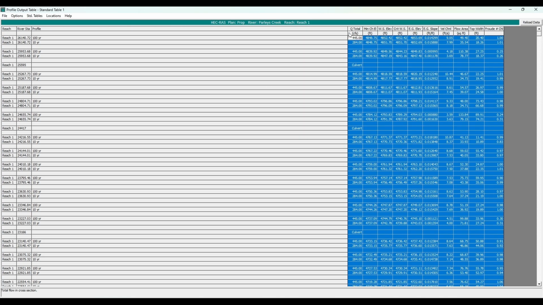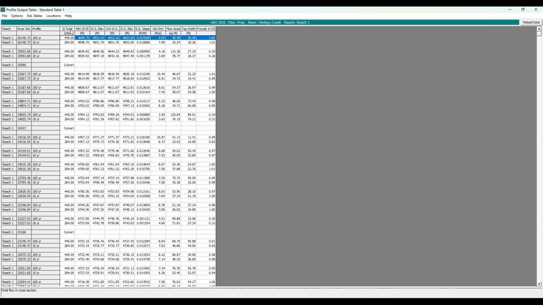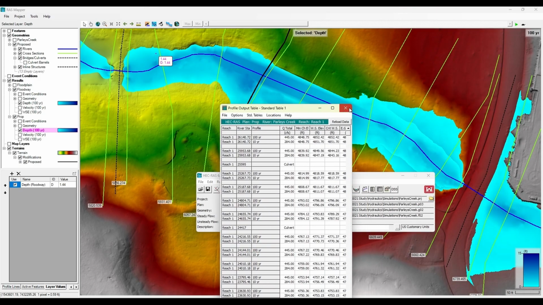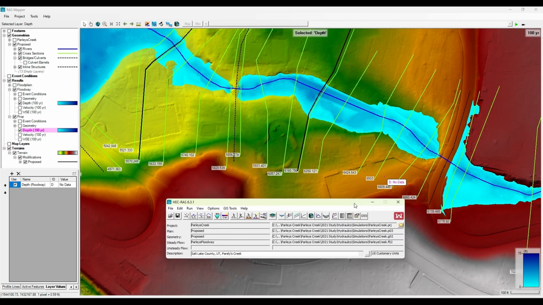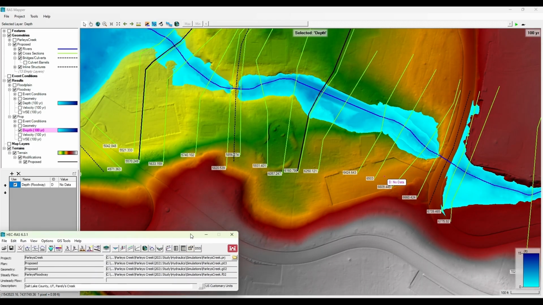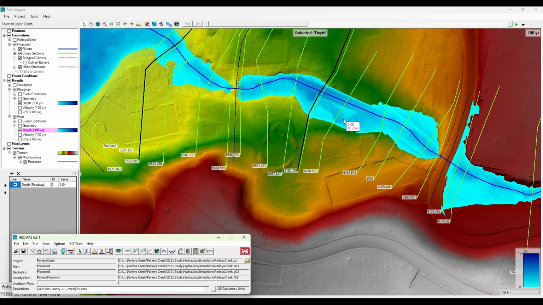It might be easier though to find your depth, water surface elevation, and velocity, copy and paste all of that into an Excel sheet, and then subtract the proposed from the existing and just see if there's a rise in that. And if there is, then you'll have to go back to editing your reach. I think a big thing is just trying to make your survey cross sections